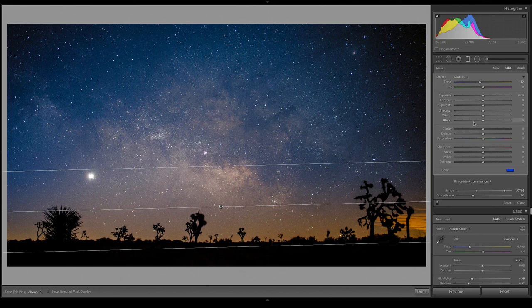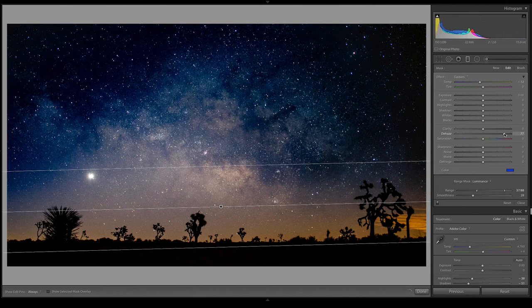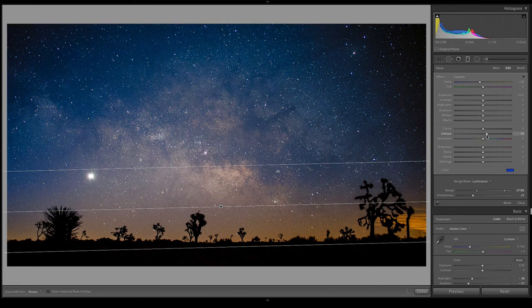Another thing we can do to make the stars pop more right here is play with things like dehaze and clarity. You can go to the extreme if you want something super contrasty. I don't necessarily like that style. You can play with clarity as well to bring out some of those details. Although what I found is sometimes with these night images, bringing down the clarity and the sharpness can create some kind of cool looks where the sky is a little bit softer, but you still have the details of the stars themselves. Now that's just a preferential thing.